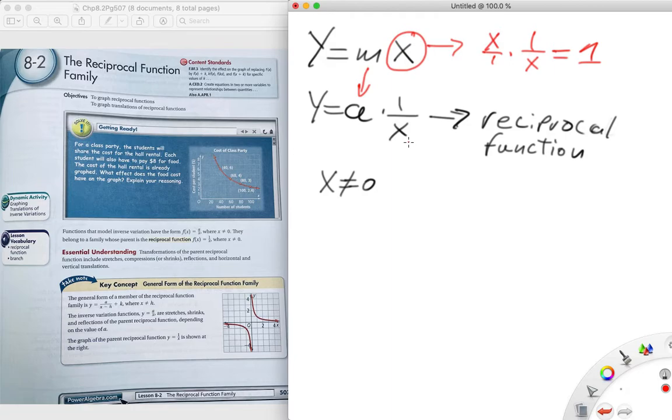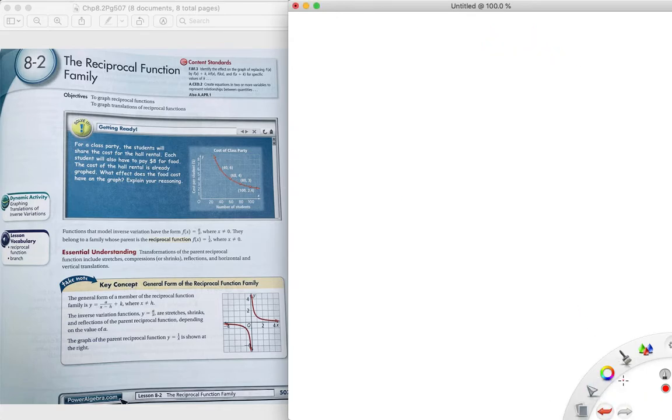Reason being is that you cannot divide by 0, so x can't equal 0. So this is our reciprocal function or inverse function. When you graph our inverse function, I actually want to take a look at it a little bit more. So y equals a 1 over x. When you graph this, since x can't be 0,